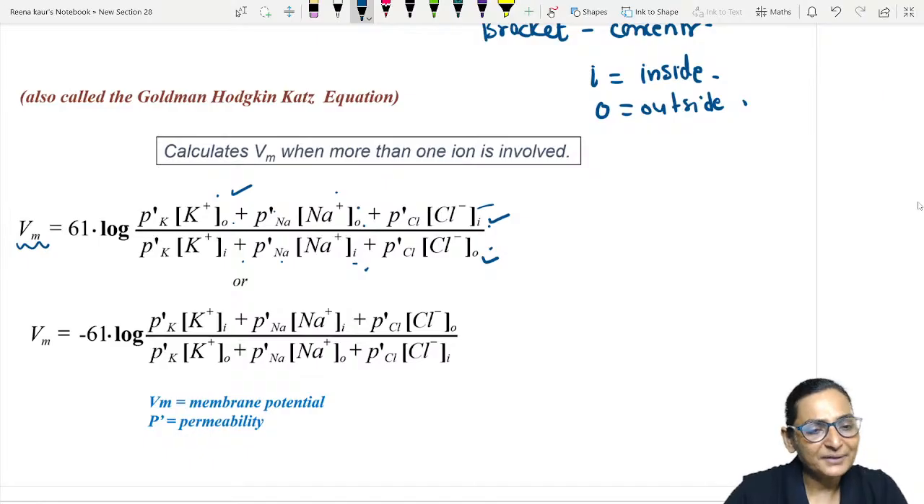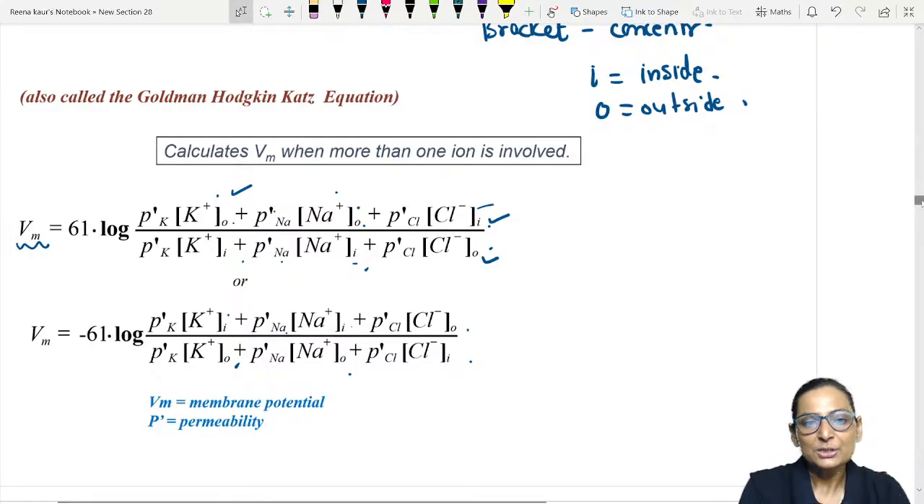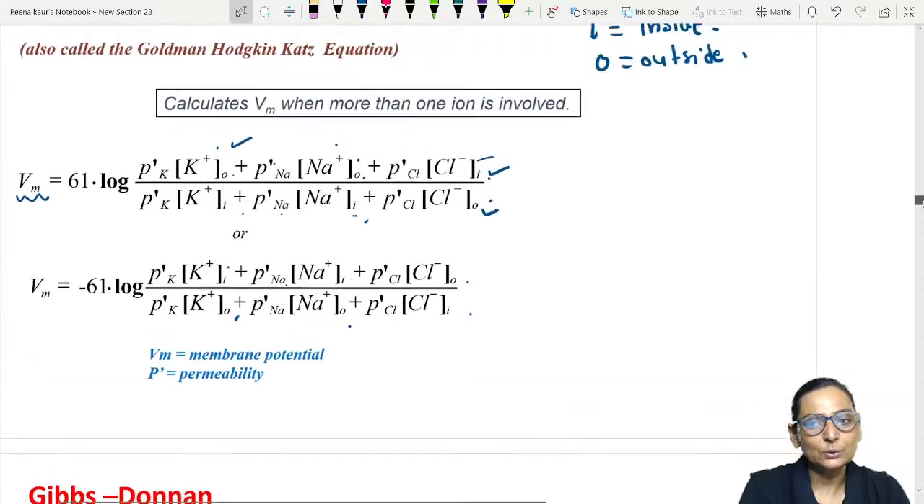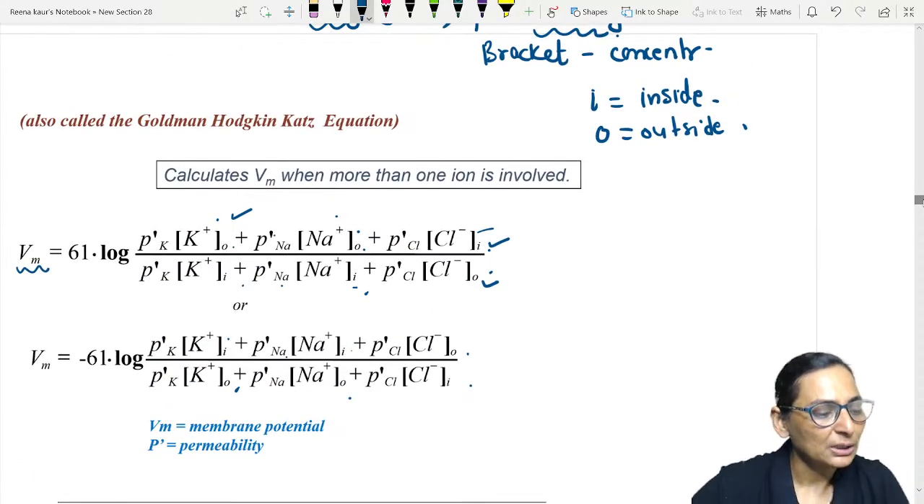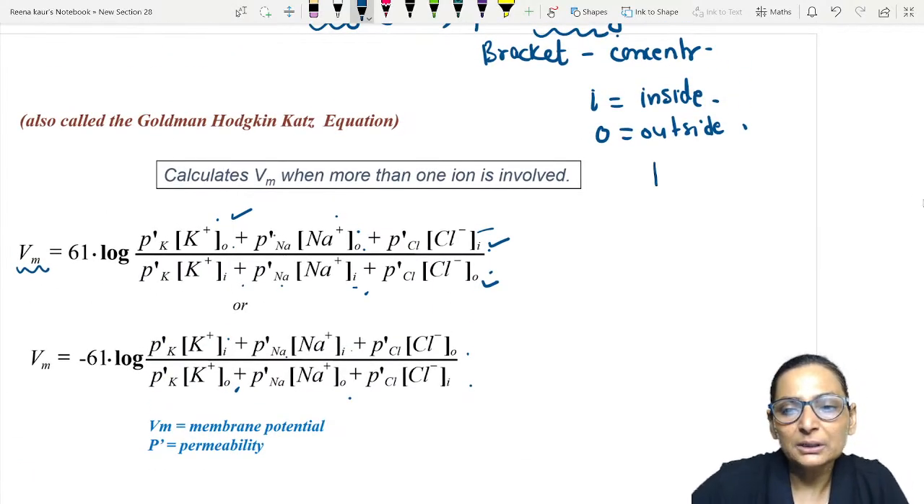Similarly, if you have taken potassium inside by outside, sodium inside by outside, chloride you will take outside by inside, right? Chloride you will take outside by inside. So just to maintain the electrical neutrality, you are reversing the direction of chloride ions. So when you are calculating your resting membrane potential with the help of the Nernst potential and with the Goldman-Hodgkin-Katz